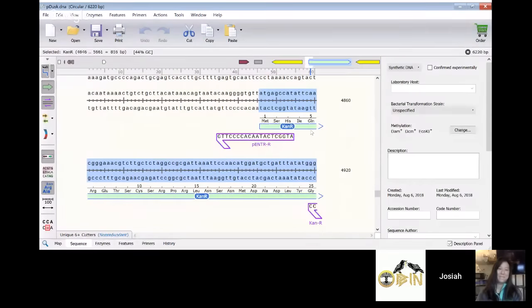The amount of antibiotics that are used through these molecular biology techniques